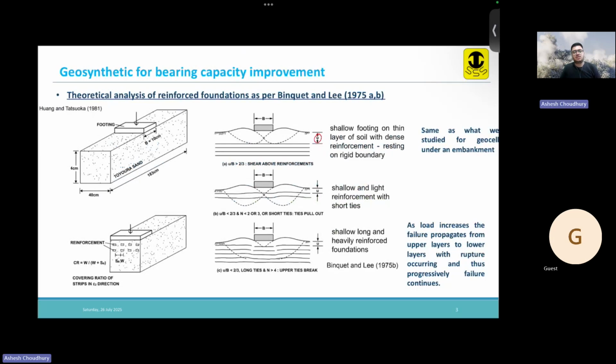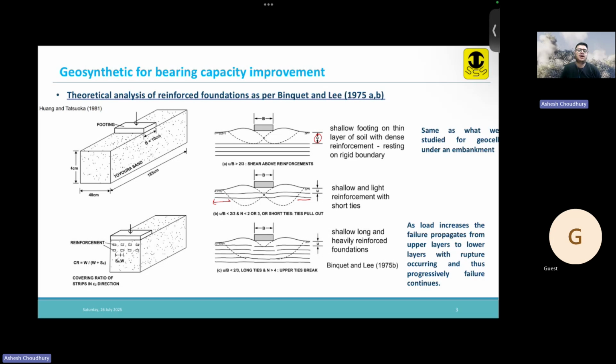Now, after we ensure U by B is less than 2 by 3, there are two other things that we have to ensure. First, you have to ensure that there is no pull out. The reinforcement should not pull out during the loading process, so we have to provide sufficient anchorage length or embedment length. Generally this happens when the number of reinforcements is less than 2 or 3. So you need to provide an adequate number of reinforcements, and also adequate length of reinforcement